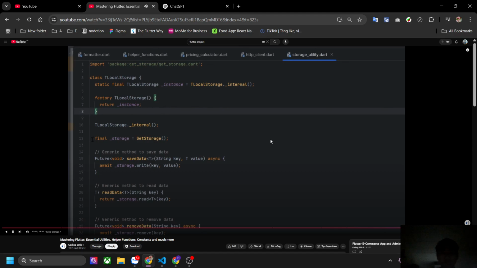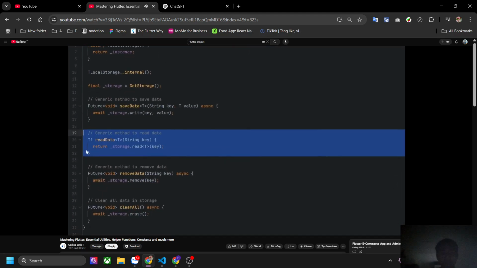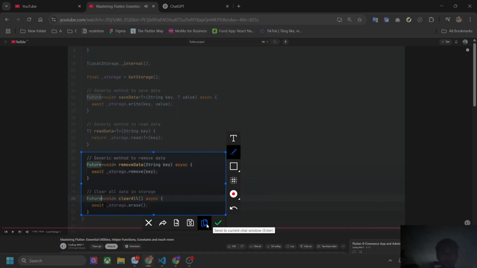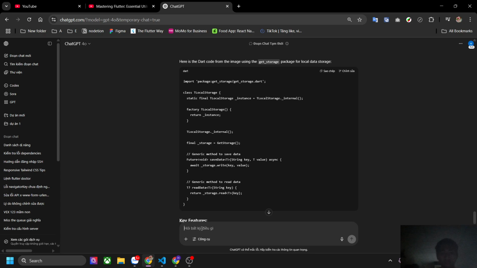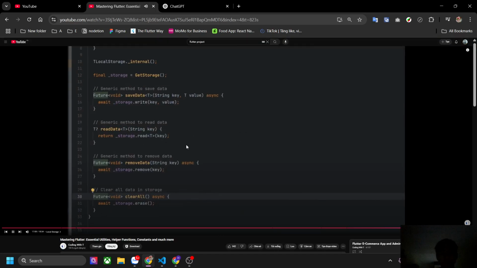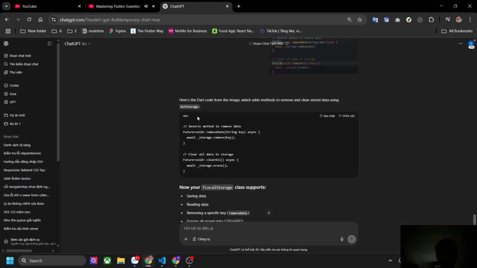This is a factory method, a simple variable. We have to save data, read data, remove data, and clear data. So everything will be managed over here. You just have to call it. Same cases for the